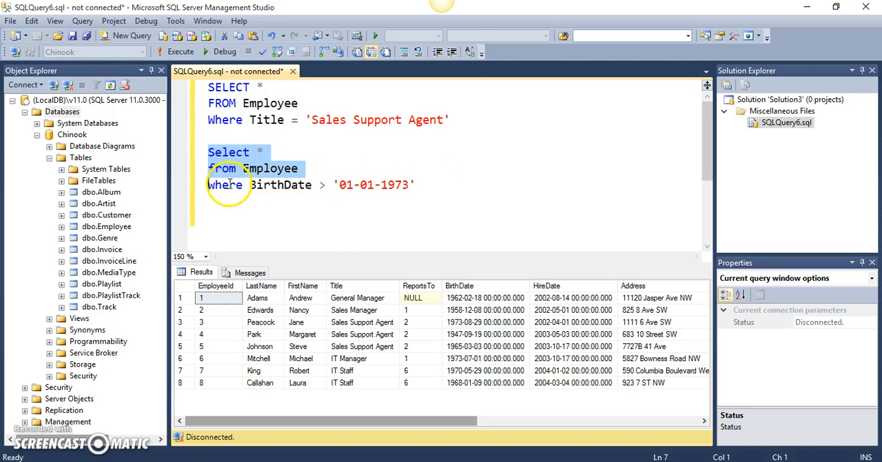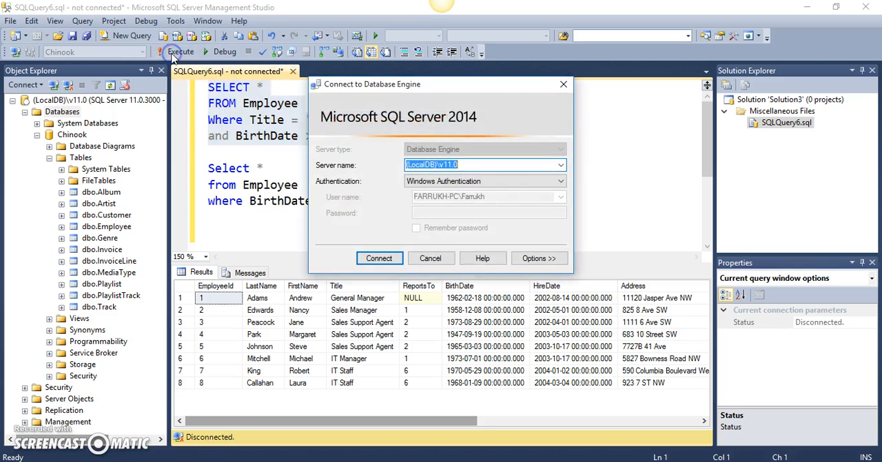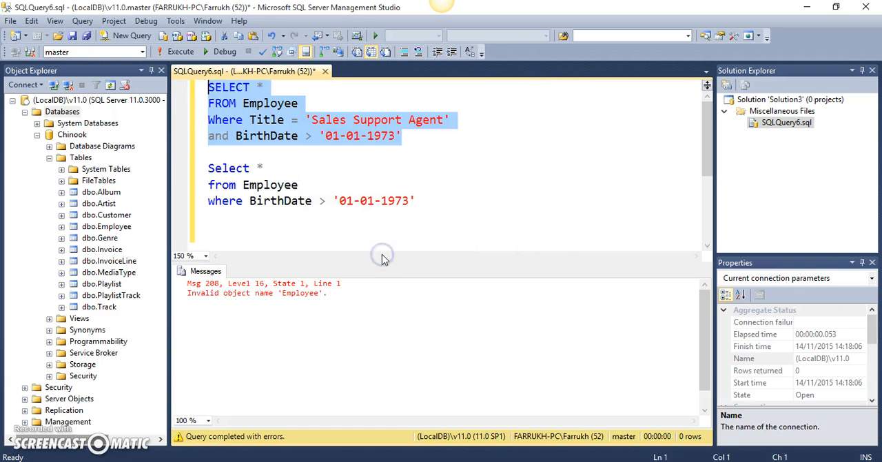So what I can do is extend this where clause, and I can say AND. I can use this AND operator, and then I'll simply copy this condition and paste it over here. Now if I execute this first query, it asks me again, it couldn't find the database. Okay, I have to select the Chinook database again, and now if I execute it,